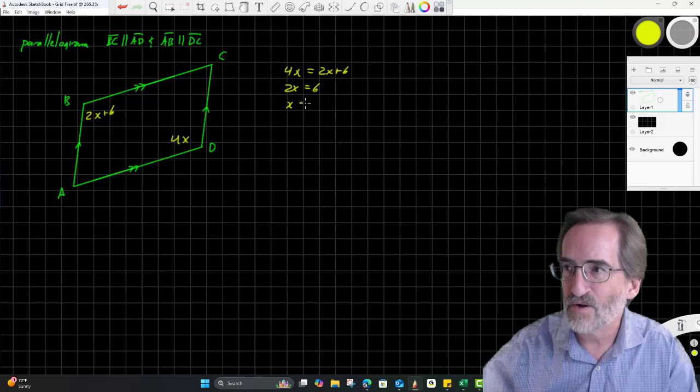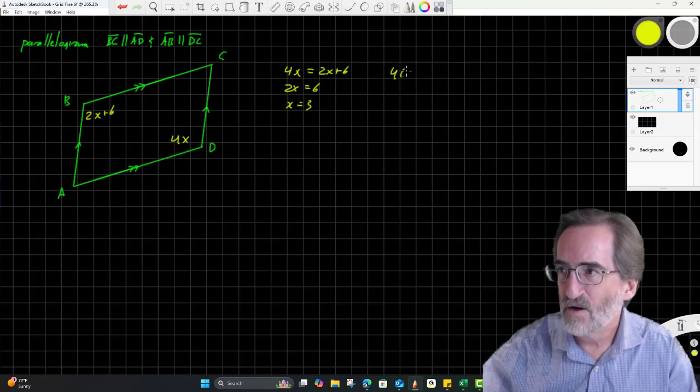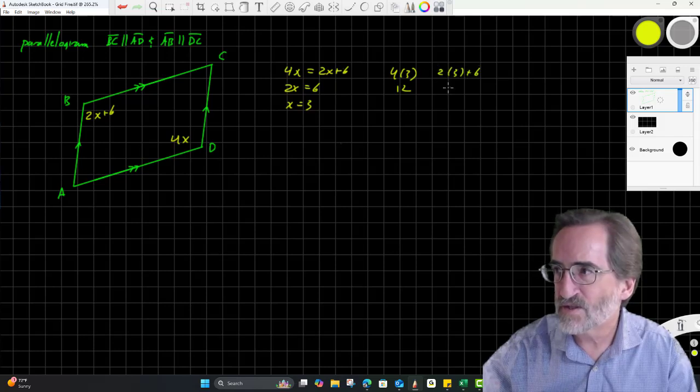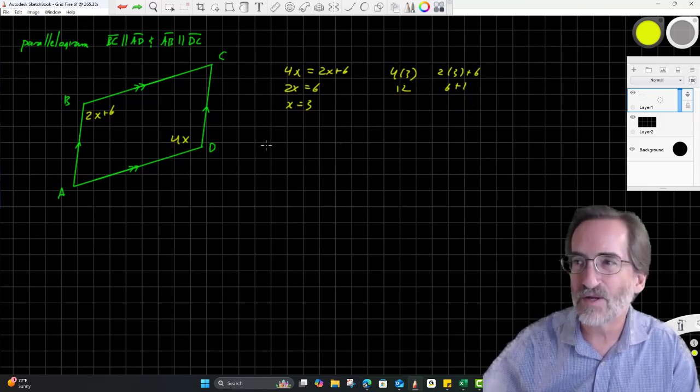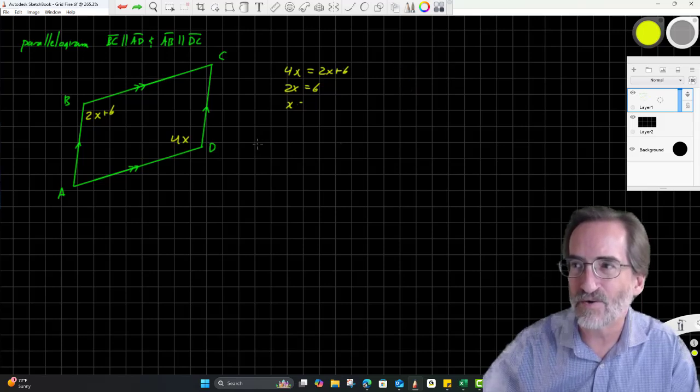Divide by 2. x equals 3. 4 times 3 is 12. 2 times 3 plus 6 is 6 plus 6 is 12. So each angle is 12 degrees. Okay, so those are kinds of problems that you can end up doing. Opposite angles are congruent and opposite sides are congruent. Okay, and aside from that, you want to be aware of how to